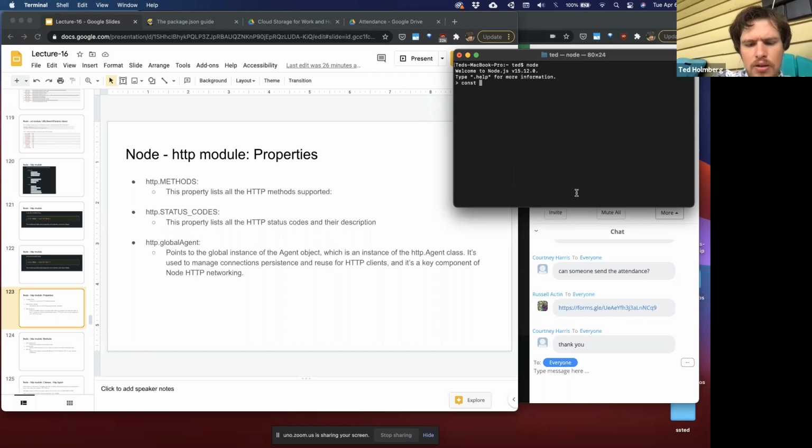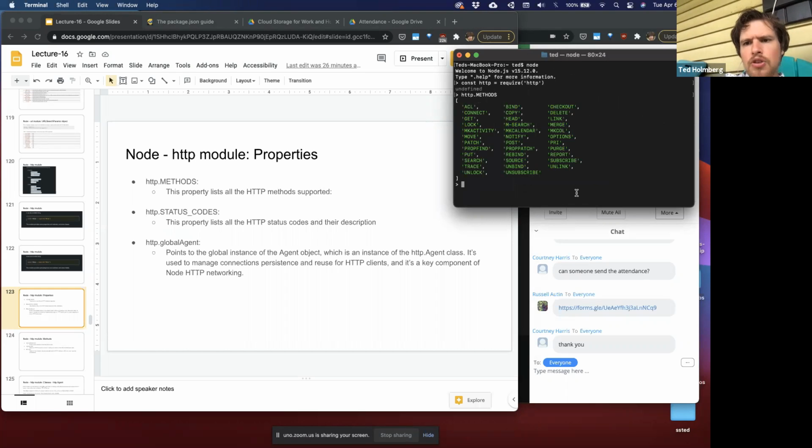So I'm going to do const HTTP is assigned, and let's do a require, and let's go ahead and bring in our HTTP. Okay, perfect. Let's do HTTP, and let's just do methods. So that is a list of all the HTTP methods that we can potentially listen for from a